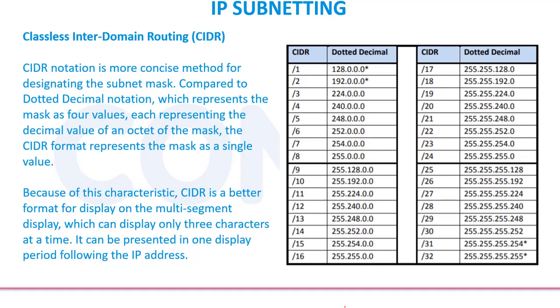Likewise up to /32. /32 will not be used; maximum we can use /30. If I use /30, it means I can have two IP addresses for my hosts. So two routers connecting back to back can use those addresses as devices for termination. With /30 you will get two IP addresses, but with /32 you will not get any. So we have to stop with /30. This is the CIDR table, given for our internal purpose. We can keep it in memory; otherwise, during calculation itself, we can work out the table.